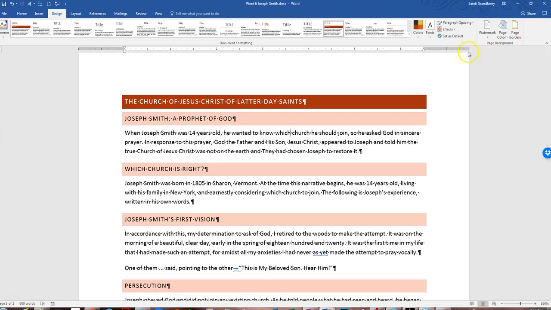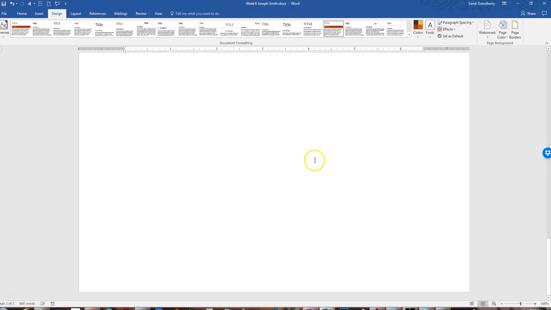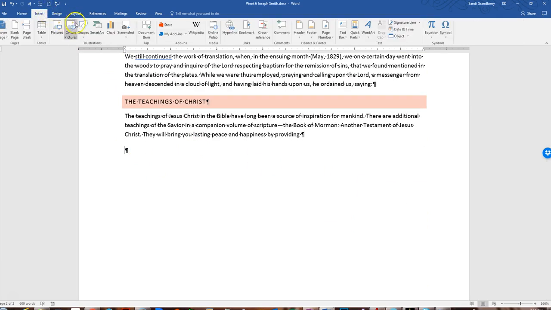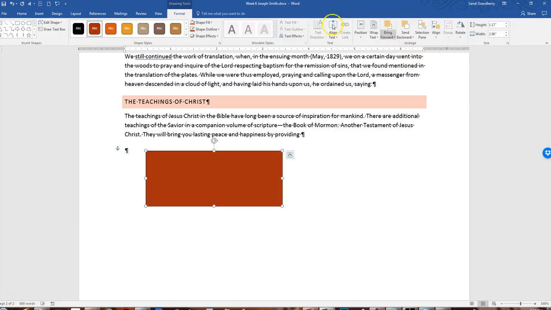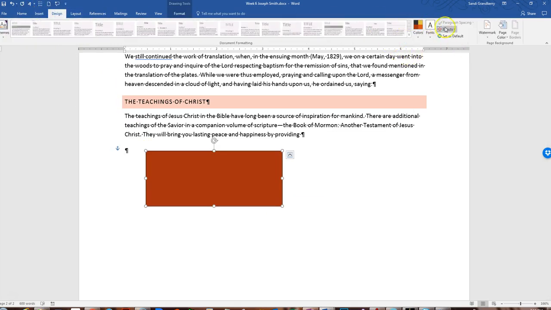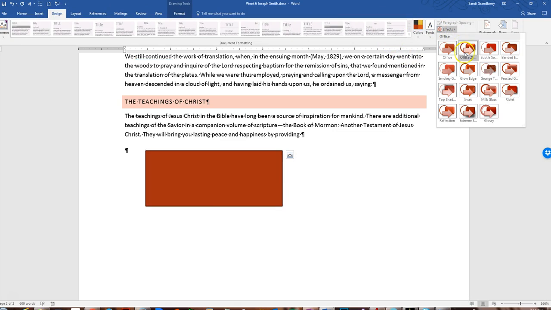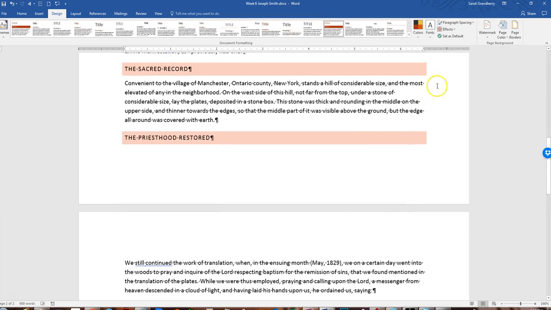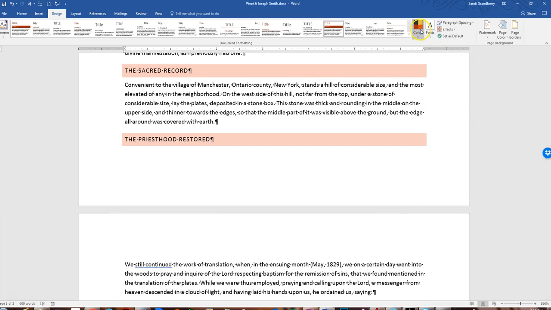You can also have effects. Now effects, you'll only see what the effects do if you have some shapes that you've inserted. So if I inserted a shape here, and then I went to the Design and went to the effects, then I could show different types of effects on my shapes. So those are associated, the shapes, fonts, and colors are all associated with your theme,